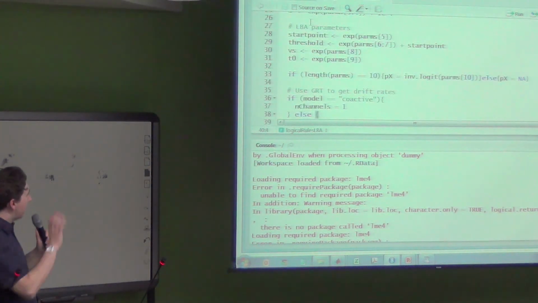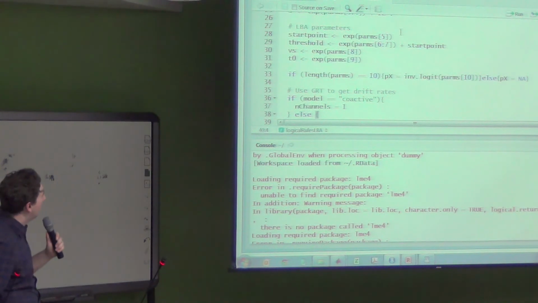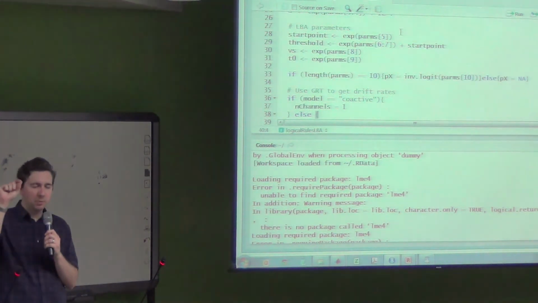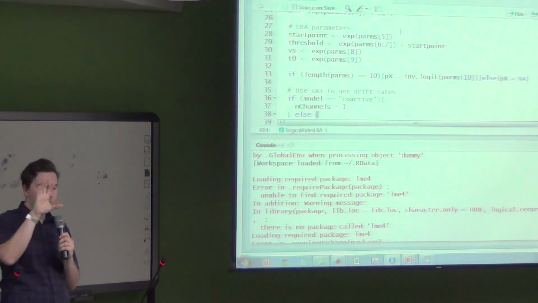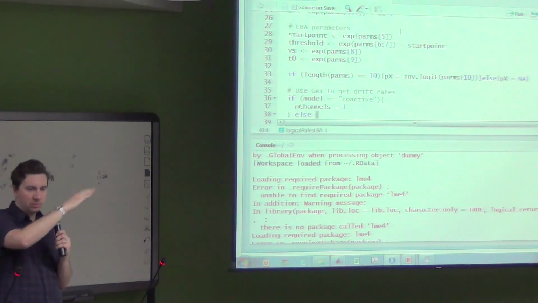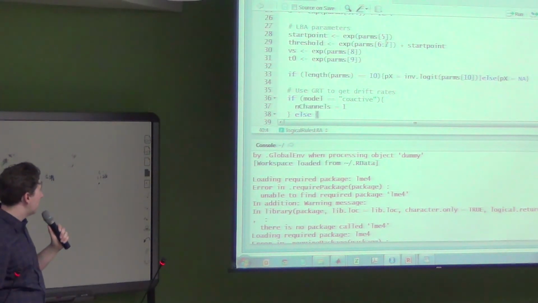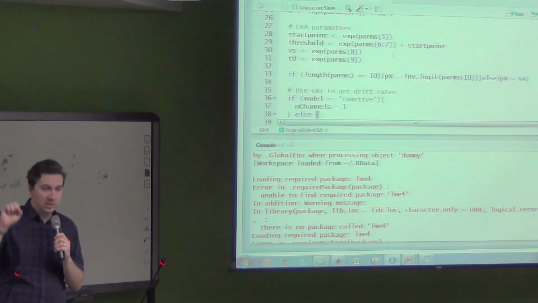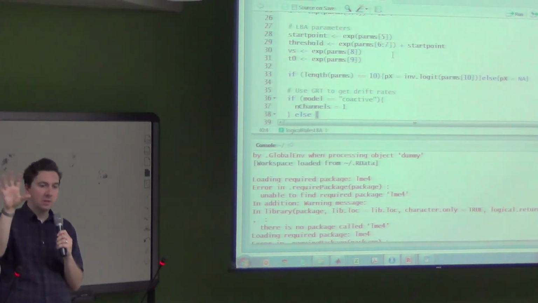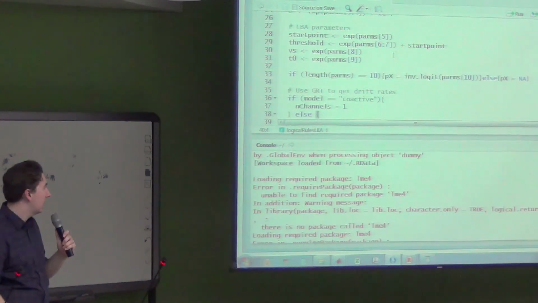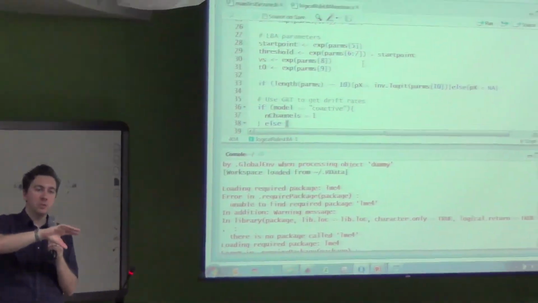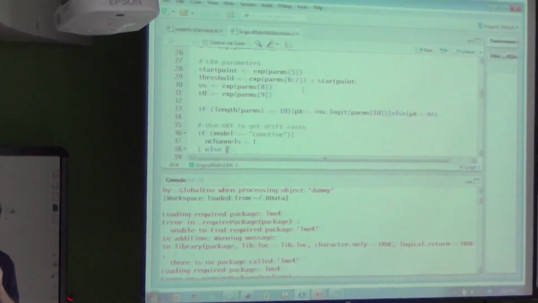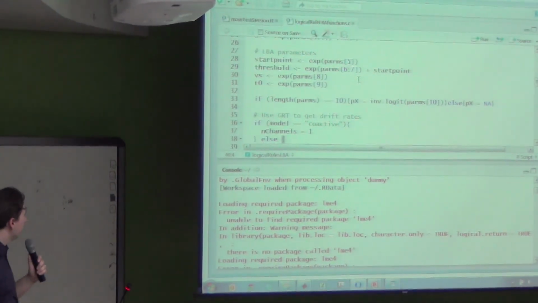The LBA, the back end of the model, has an additional 5 parameters. I've assumed that the starting point for each of the accumulators has the same range. I've also assumed that the thresholds can be different between the A response and the B response, so you allow for different biases between those two categories. But when you have multiple channels, those thresholds are the same between the channels.